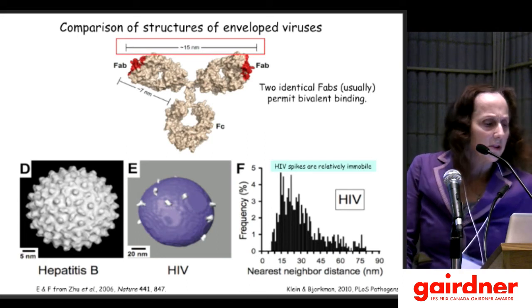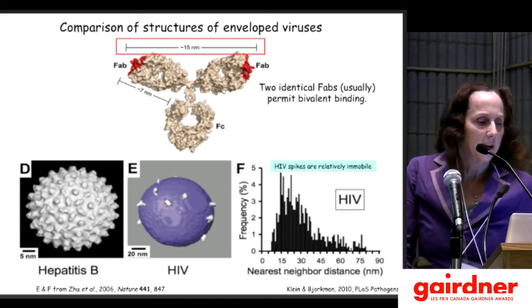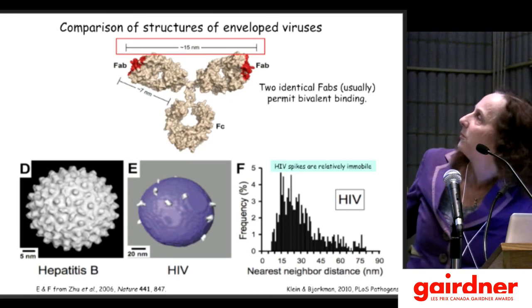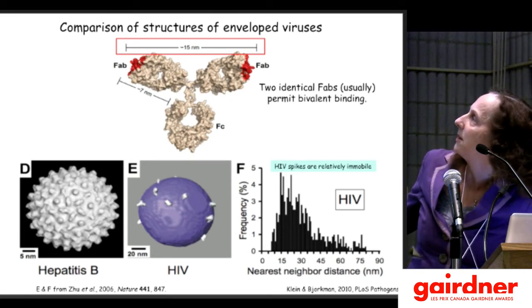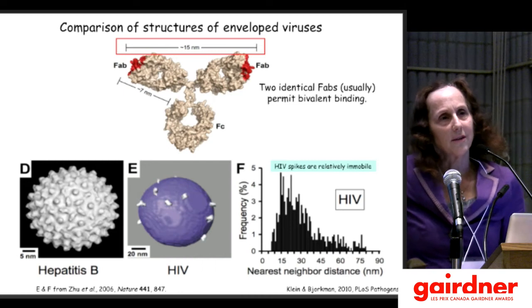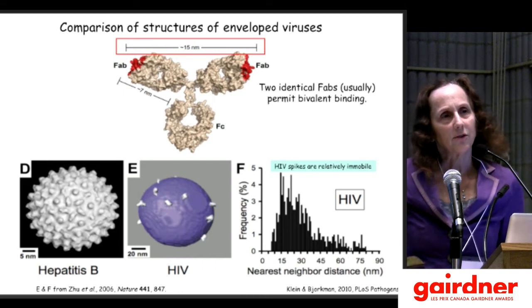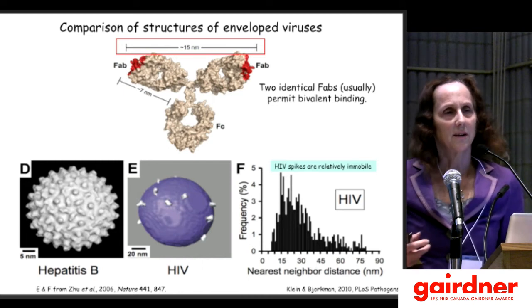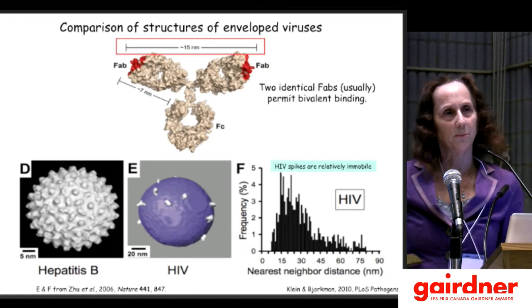So most of the time, you're not going to have bivalent binding between spikes. So so-called interspike binding, where a Fab binds to this spike and another Fab binds to this spike, will not occur. And this is important because this allows the antibody to bind with avidity, so that if it's binding with 2 spikes,